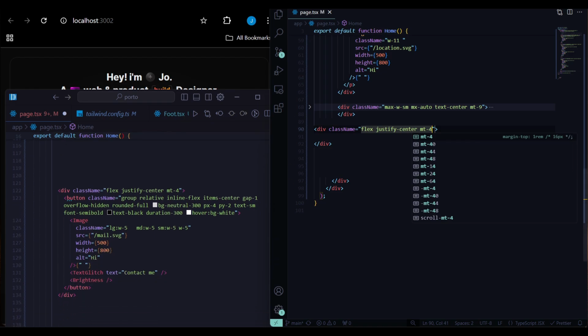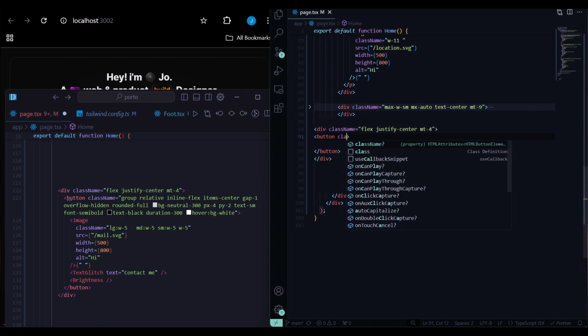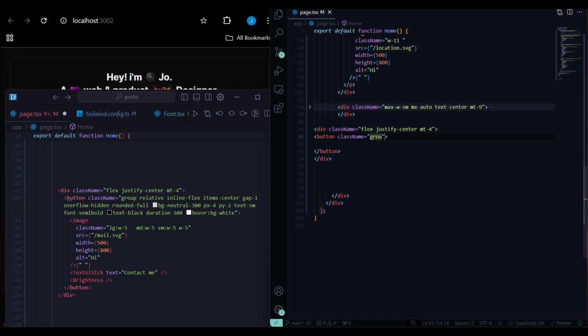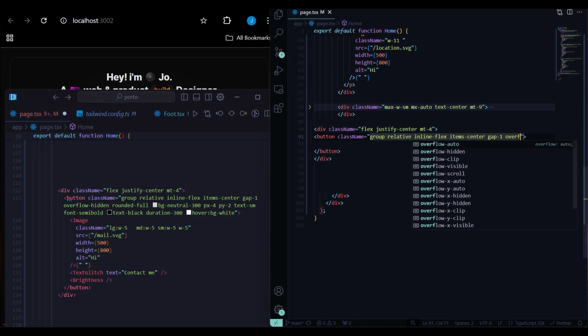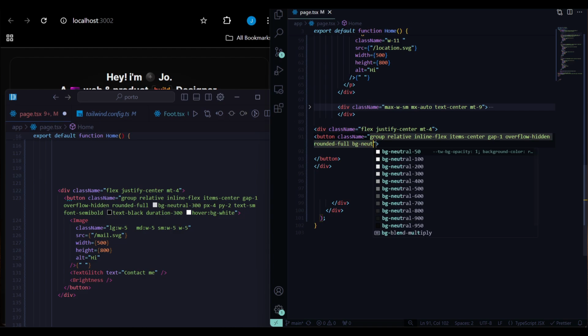Okay. And also we have a button in here. So we give it a class name, give it a group, relative, inline flex, and items-center, a gap of 1, and then overflow hidden, rounded-full, bg-neutral-300,